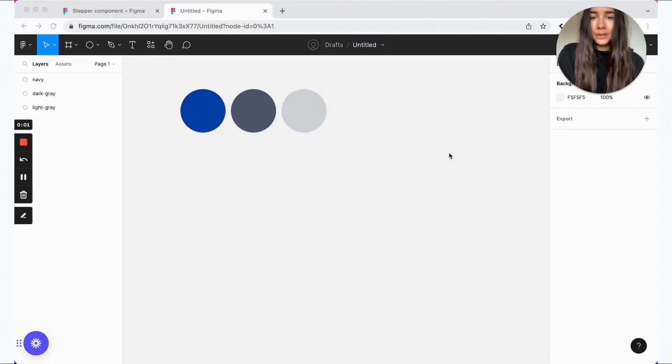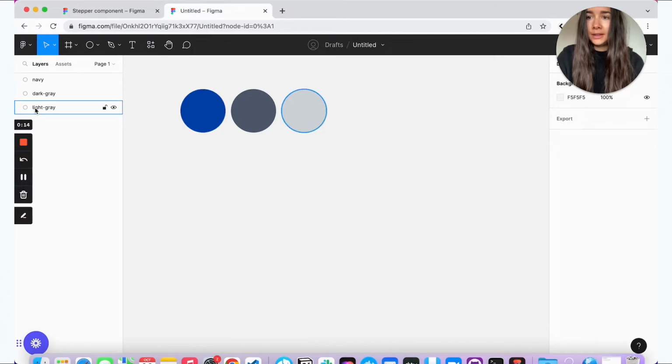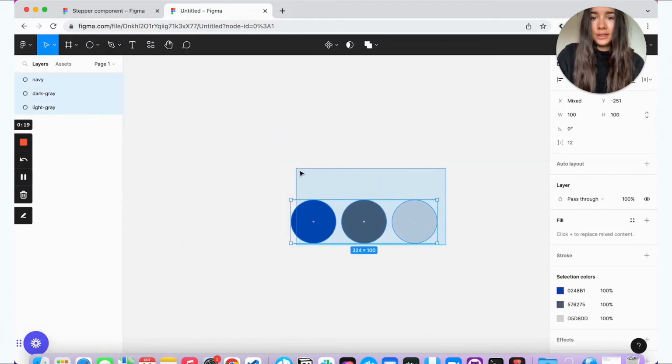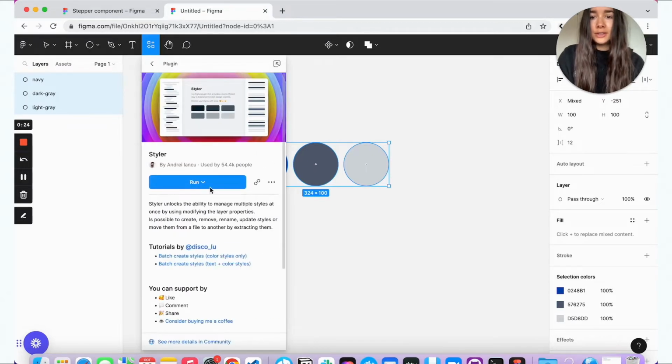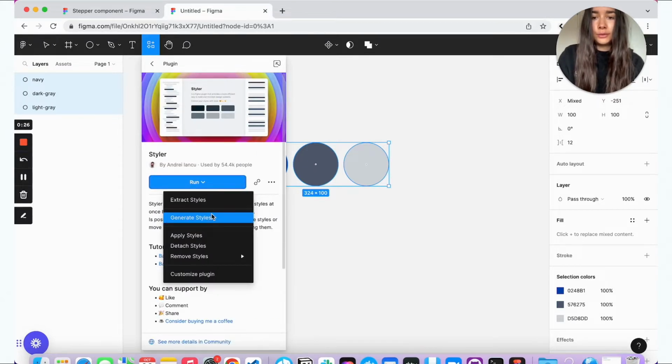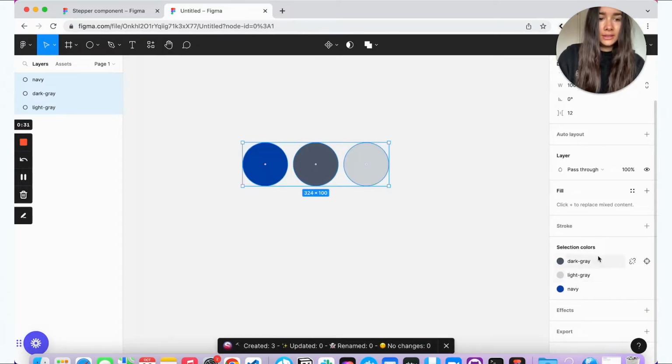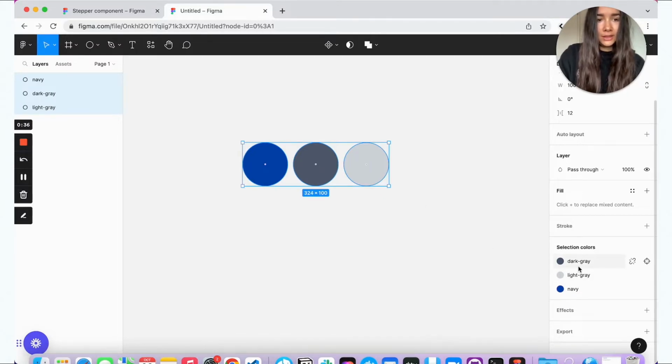So to get started, you're going to create a new Figma file, and I actually did a little bit of prep work. I just picked a few colors that I'm going to be working with. So I named them here in the layer panel, but I did not create styles yet. And there's actually a neat plugin that I discovered the other day called Styler. So this way, especially if you have a lot of colors that you want to generate, you can quickly turn them into styles and they will match the name that you gave to the layer.